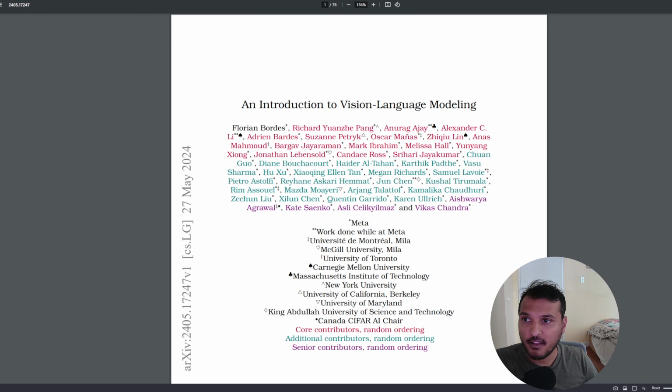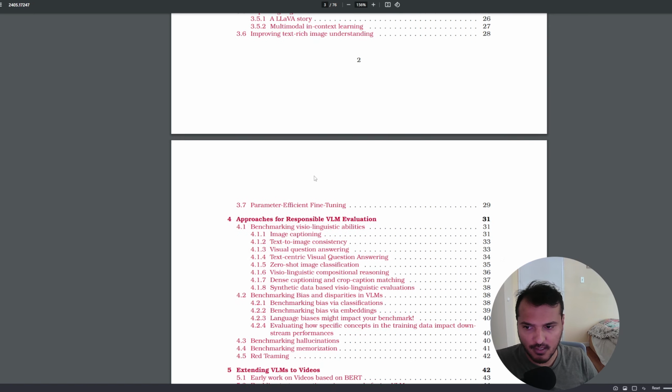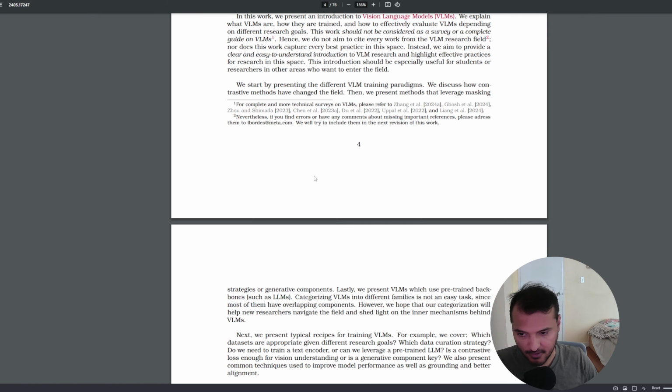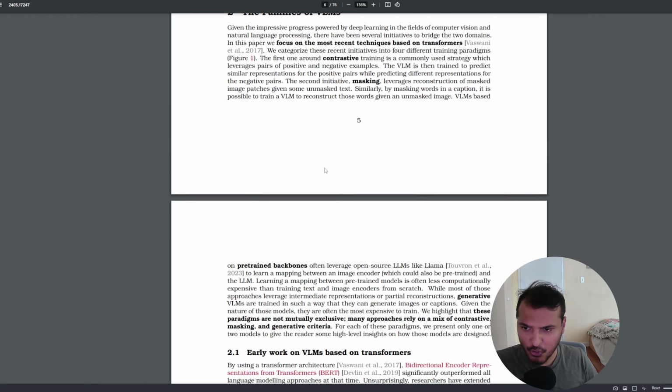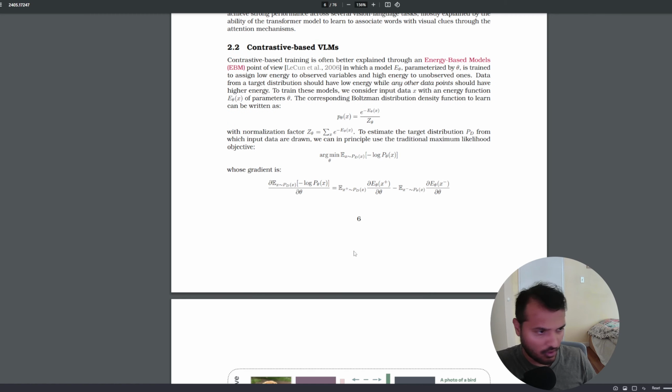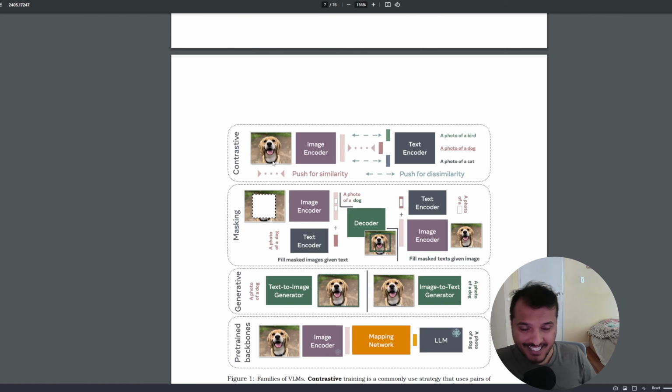Moving on to the next paper. This is basically a review of how vision language models work, or rather how they're trained. This is a nice review. So if you've got free time, just read it when you're riding on a train or something. Just go through it. It's a pretty beginner friendly review of the field, like the different kinds of losses,